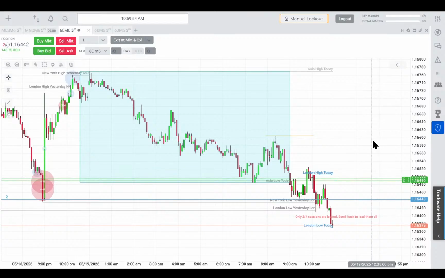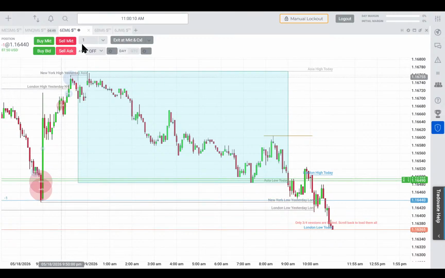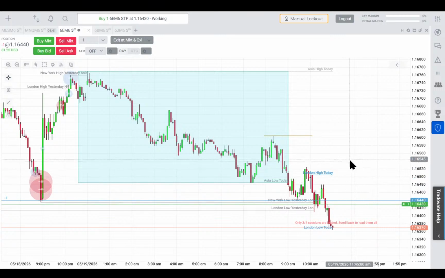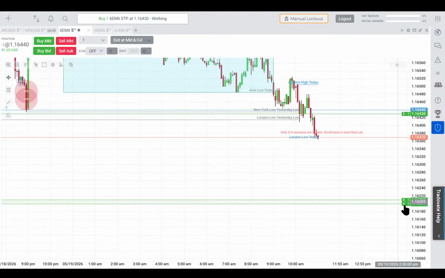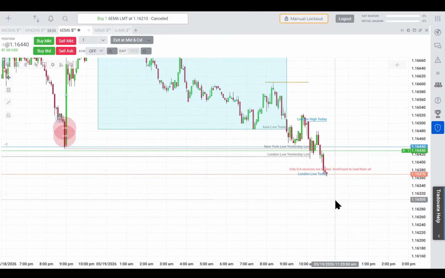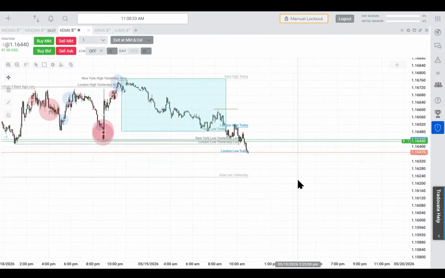So let's see, we have the one order, we deactivate, actually I know. So how can we do this? First we have to turn this off, then we have to buy one, order filled, then we have to turn it on, then we have order two cancelled. I know, and we protect it, and we remove the TPs, right? Order cancelled. Order cancelled. Yeah, and the ATM is now off, and let's,